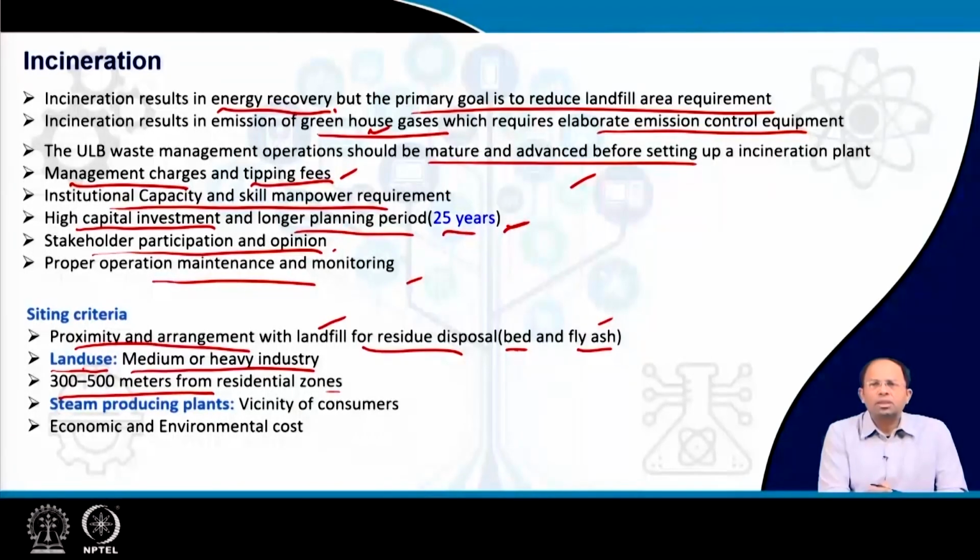If the land use is for medium and heavy industries, it is automatically far away from residential zones. Then there are steam producing plants, in particular where the steam produced is utilized for district heating or some local heating of those areas. In cold countries, this kind of system usually exists. There the plant has to be in the vicinity of consumers, otherwise the steam will lose its heat during transfer over